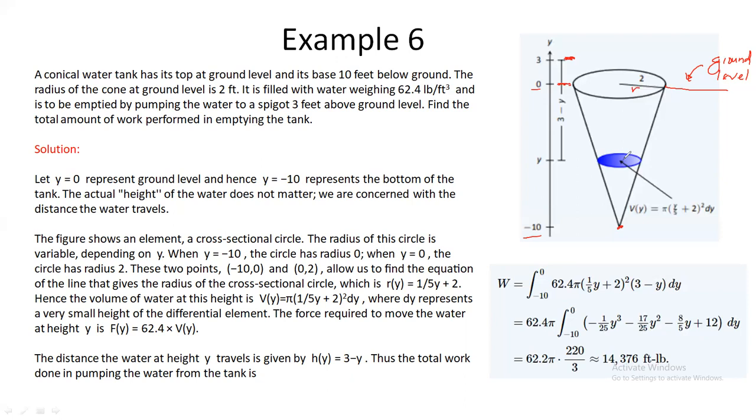Meaning, we will determine the equation of this radius. This radius will be represented by x in terms of y. So where do we get that particular equation? We get it from these 2 sets of coordinates. Now, how do we find that? In terms of the equation of the line,